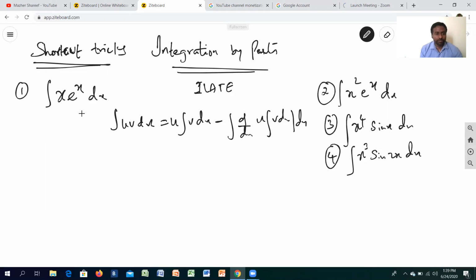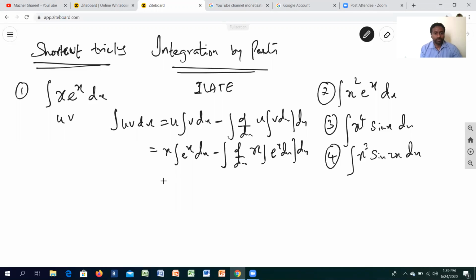Let's say, for instance, I'm solving this question and we'll work it out. According to the ILATE technique, x is an algebraic expression, so I'll take it as u and the exponential function as v. If I go with that, this is how it turns into a full dx. Upon solving further, this gives me 1 times e raised to x, and after simplification it gives this result. You can also take e raised to x common and get (x minus 1) into e raised to x.